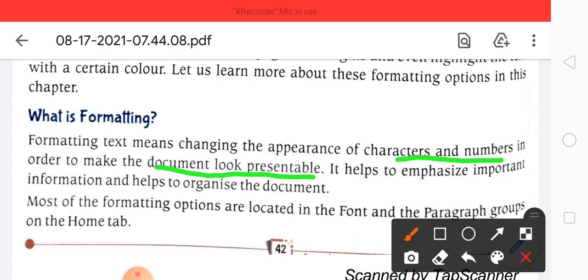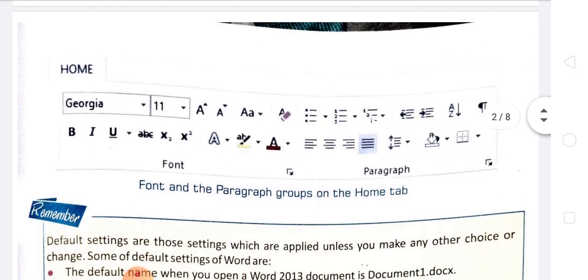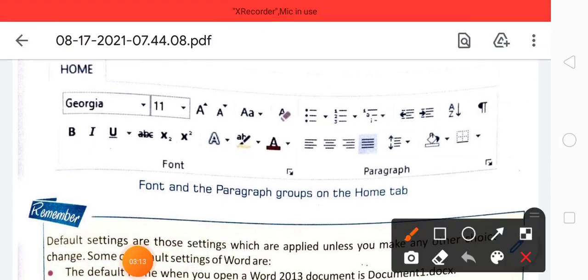Most of the formatting options are located in the Font and the Paragraph groups on the Home tab. So all of the formatting options are located on which tab? Home tab. You may see, this one is the Home tab, and these are the options.